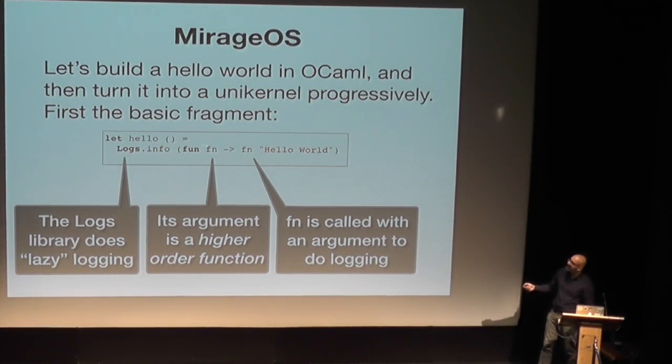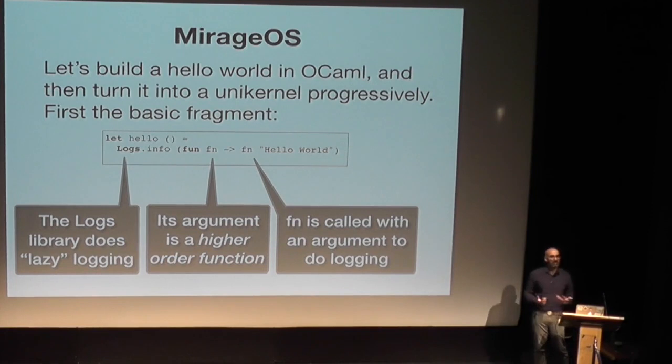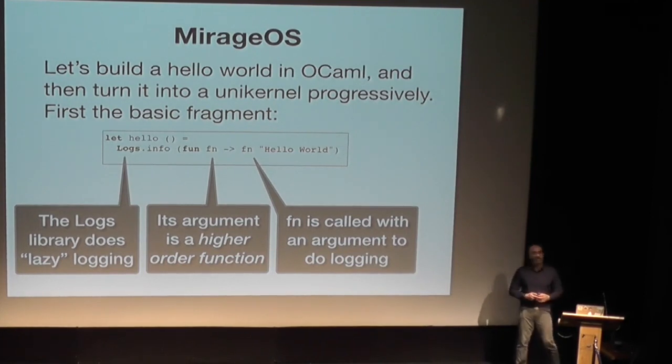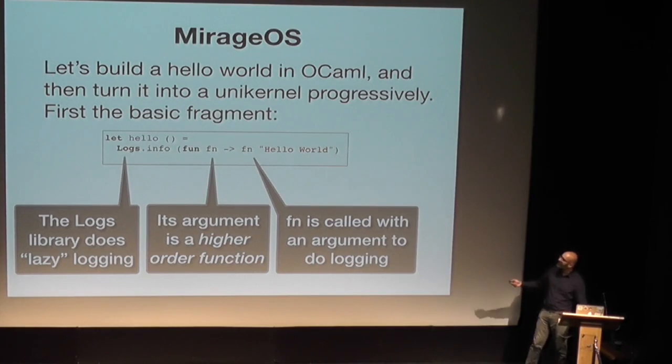And that when this is given an argument fn, it will then proceed to evaluate it. And the reason for this is that you want to put logging everywhere in your program, but you don't want to slow down the program by logging all the time. So in C, you might use a preprocessor or something to avoid doing that. In OCaml, you simply say that I'm going to wrap the logging call in a closure, and then whenever it needs to be evaluated, it will be evaluated.